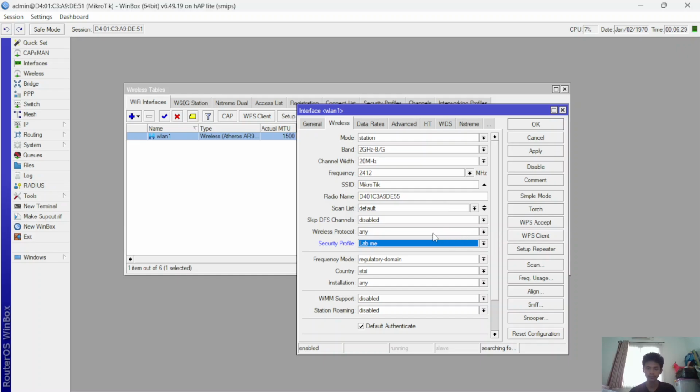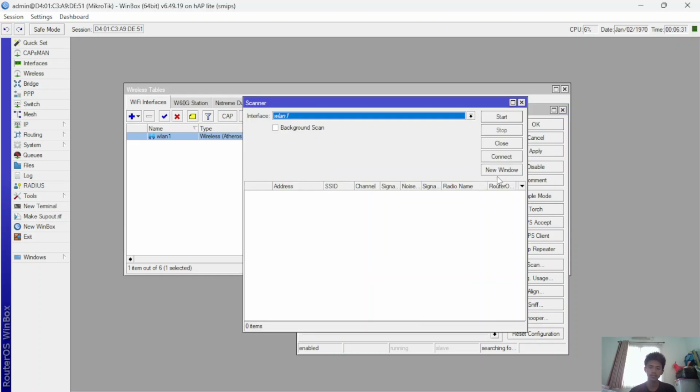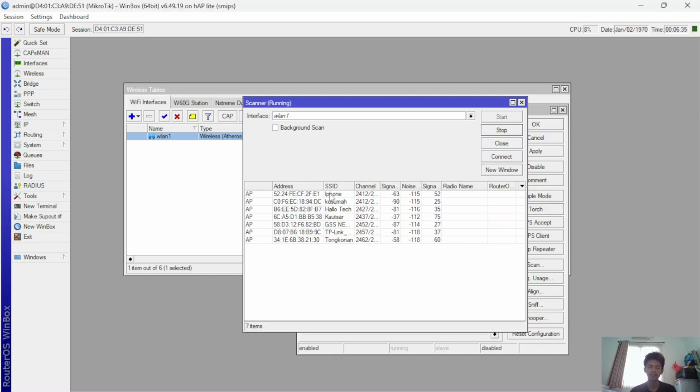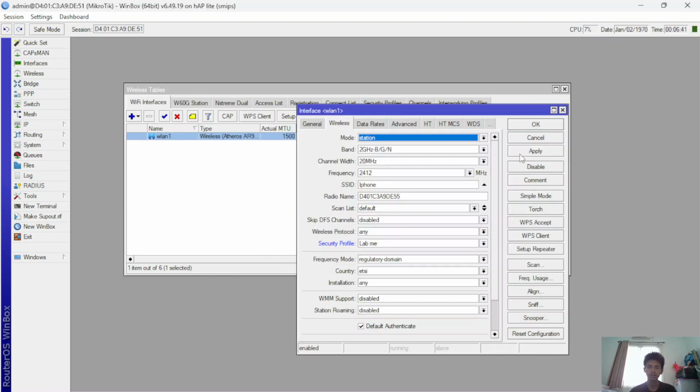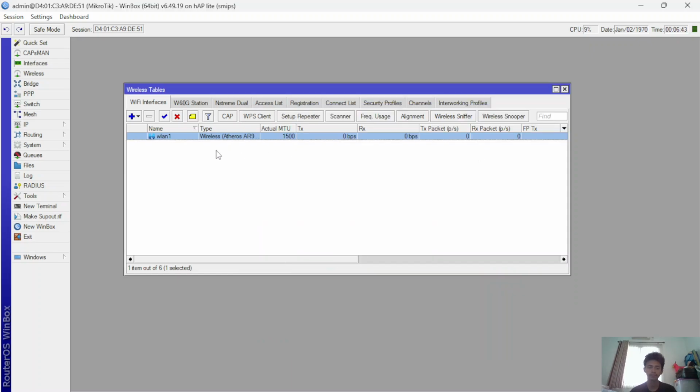Okay, then click scan, start. This is my iPhone hotspot. Connect, apply, okay. Wait a minute. If this mark appears, it is a success, okay.